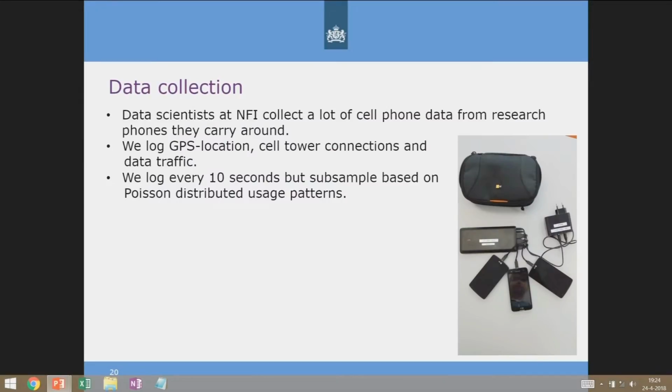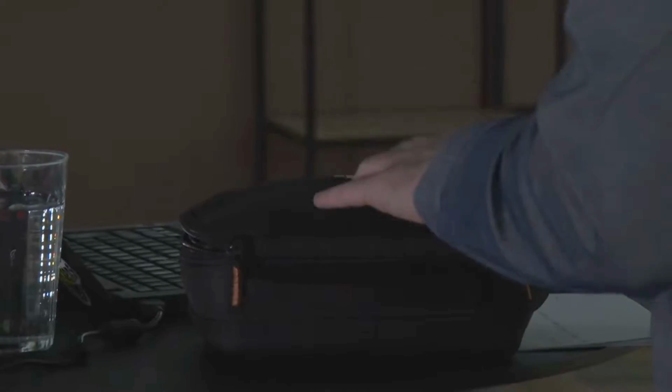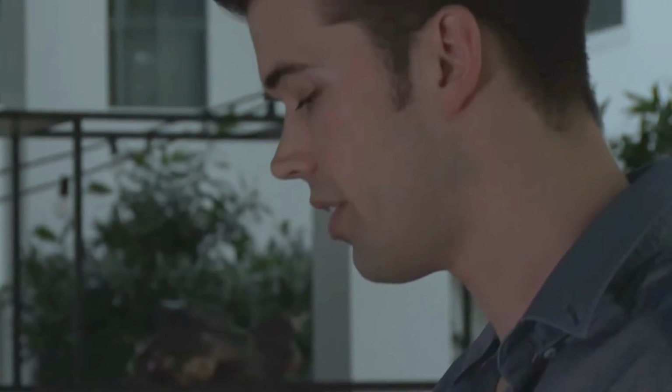We first need to collect a lot of data, so I actually brought a little prop with me. Data scientists at NFV, we sometimes carry these little bags around. They contain a few cell phones, 3 of them, one for each provider, a KPN one, a Vodafone one, and a T-Mobile one, as well as a battery pack, because cell phones tend to run out of power all the time. We carry these around for, let's say, 4 weeks to collect some data,